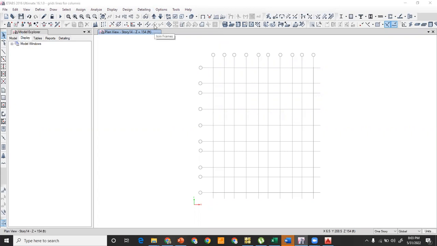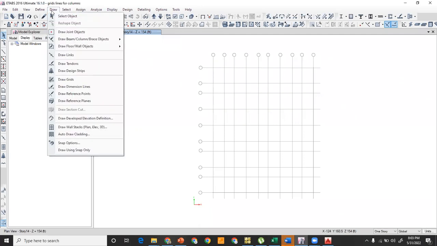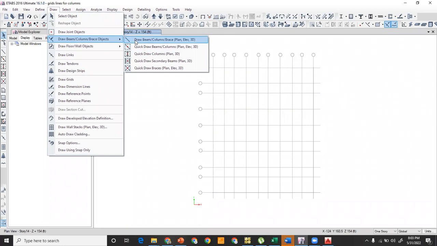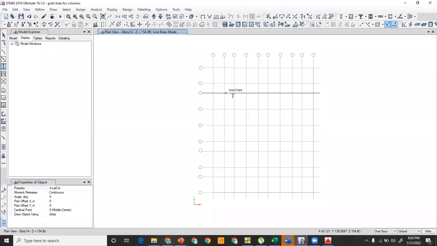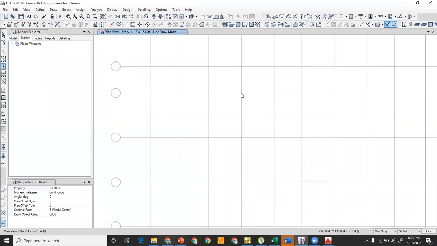So now the job for the engineer is very easy. All you have to do is to draw the grid line. For example, you can draw the column. For example, let me go to the draw beam column and click on this draw pick columns command, right? And you can click anywhere in this grid, right? So the column will be drawn, but it is not the Etab grid, it is the architecture grid, and you